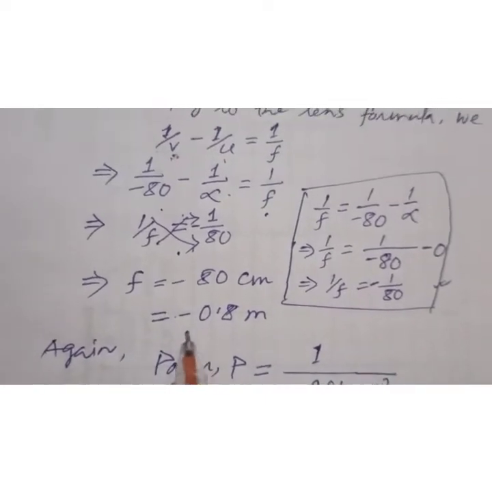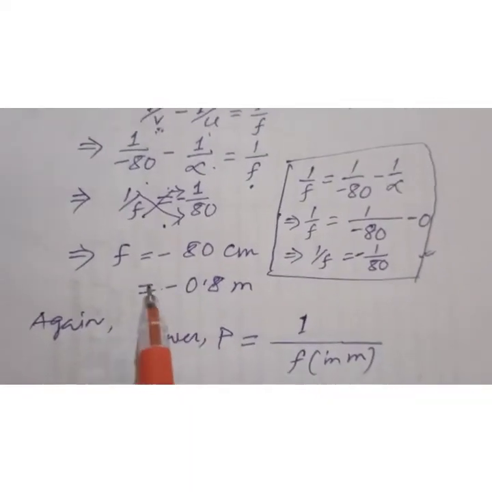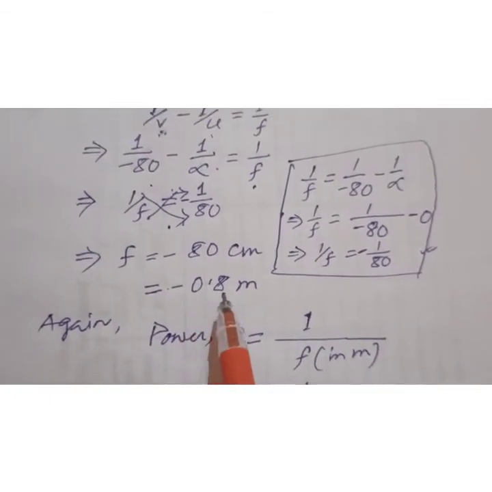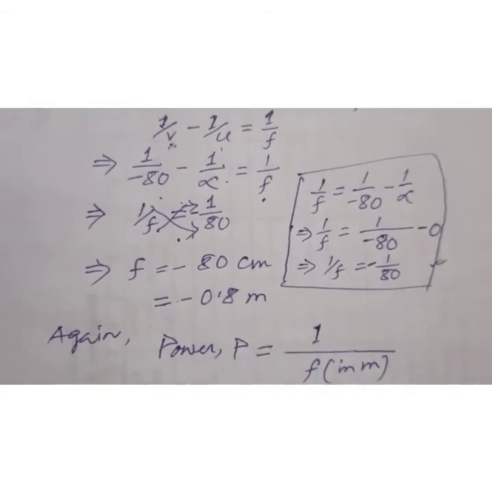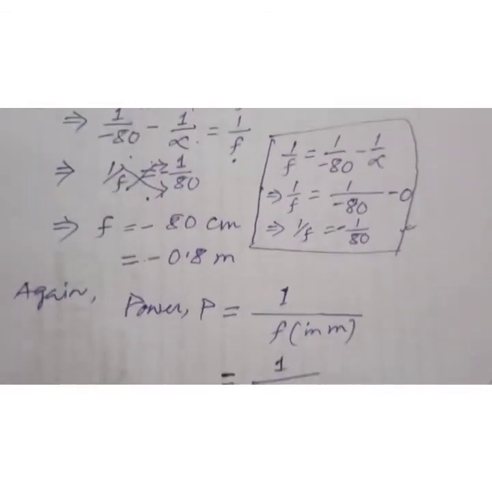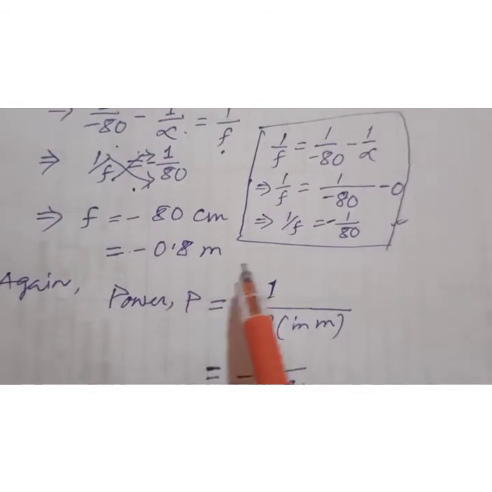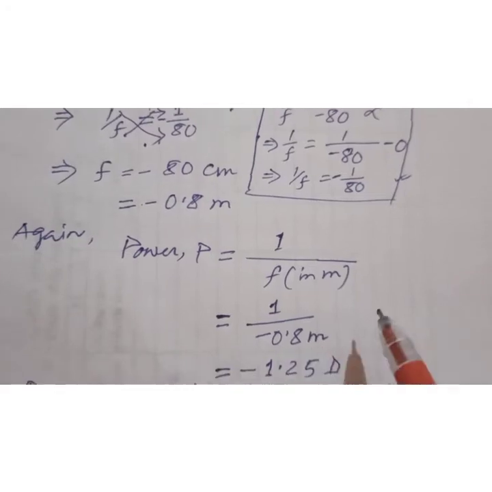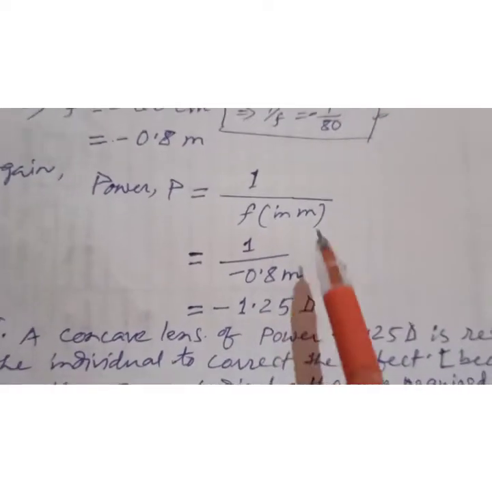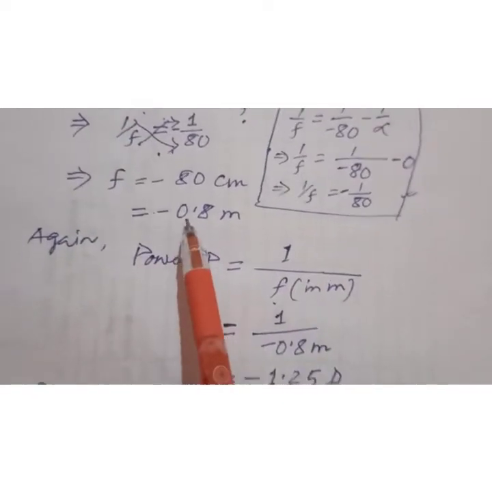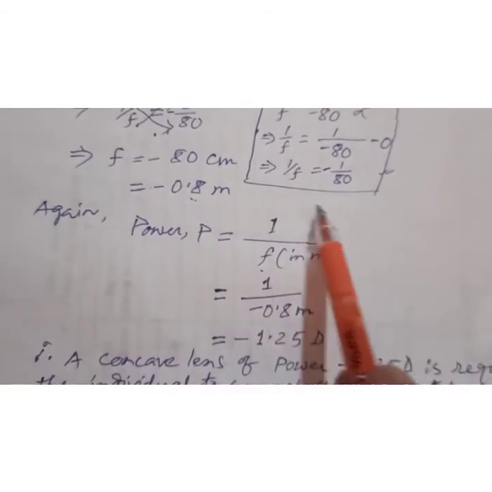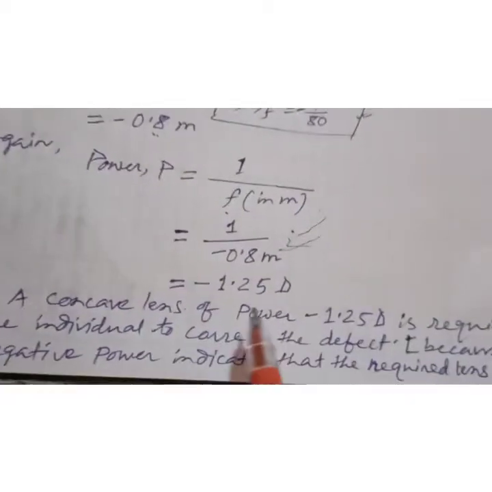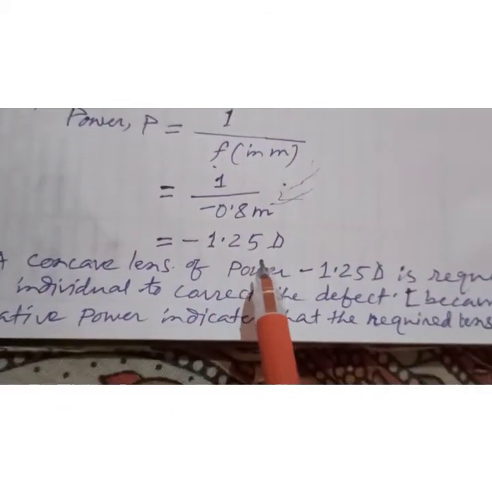This equal to what? That is small f, not capital F. Capital F means focus. This one is focal length. This equal to minus 0.8 meter. So centimeter we are just changing, that means converting to meter. After converting to meter we will get this one. So again power, P equal to 1 by F, we know this one in meter. Then just divide this one, put the value of F there. F equal to minus 0.8. Yes, just you write there. From here to here, we have got minus 1.25 diopter.